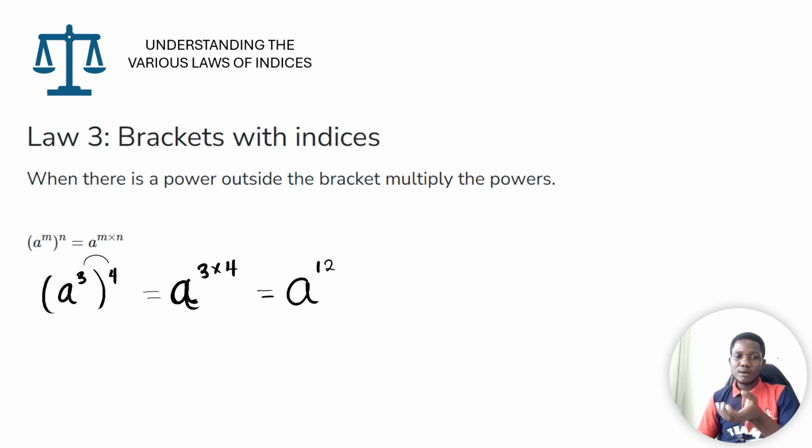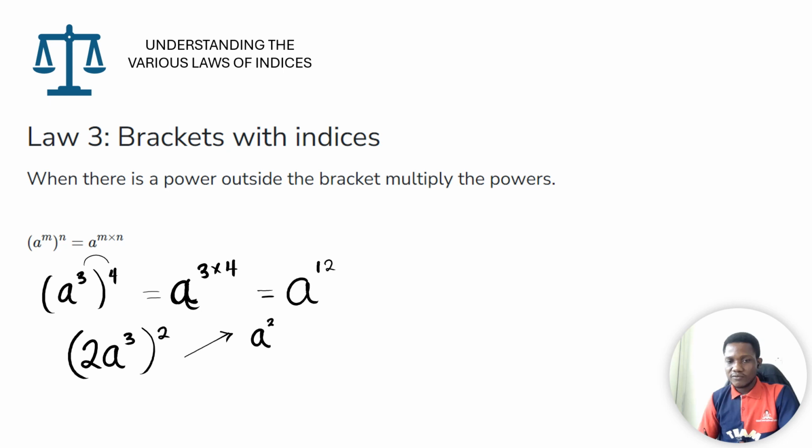Now the same thing will happen if you have a coefficient to a. Say for instance you have 2a to the power of 3, all in the bracket to the power of 2. Now in this case you have to be careful. Your first step would be to focus again on the index number. So we have a to the power of 3 all raised to the power of 2, and you already know what to do. It becomes a to the power of 3 multiplied by 2,